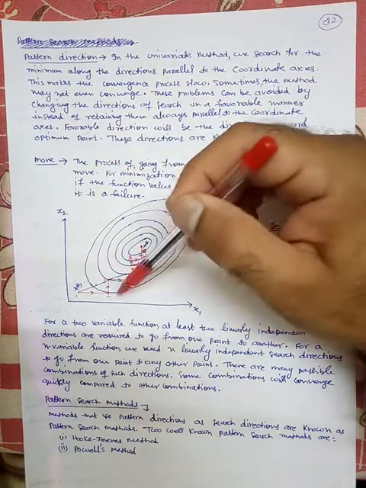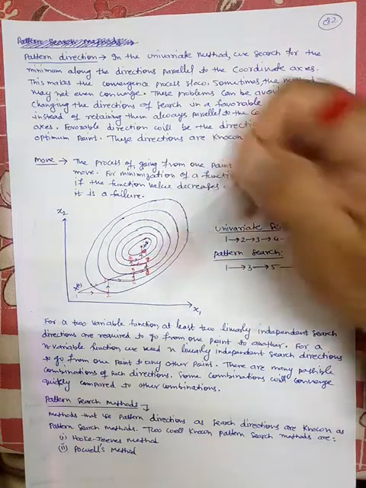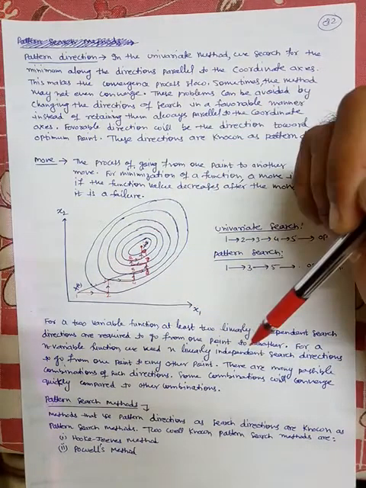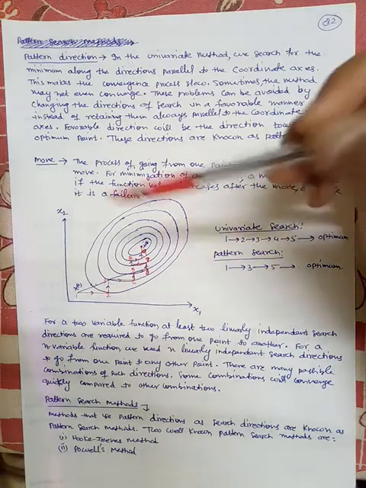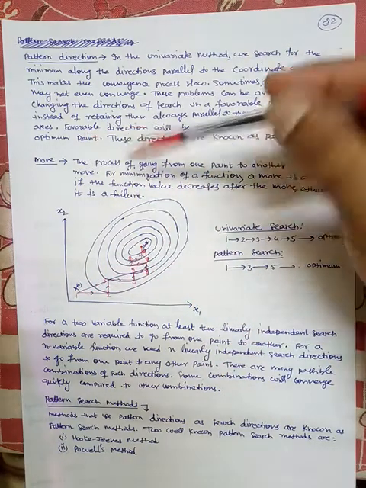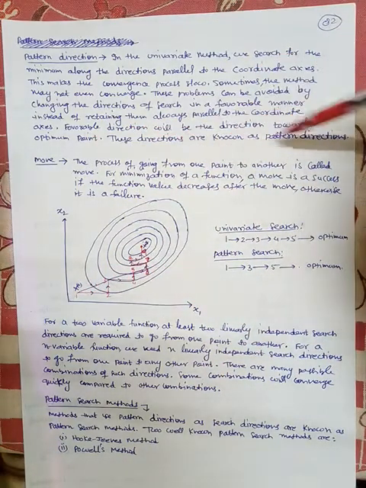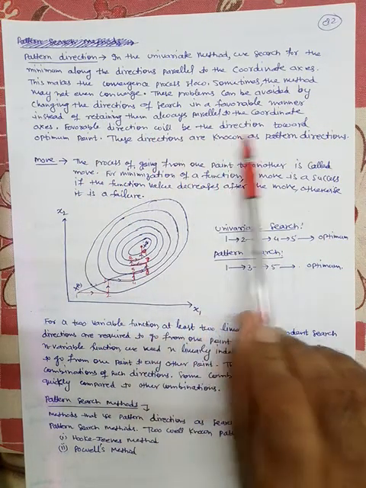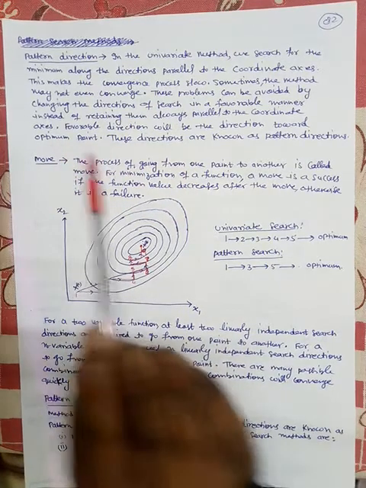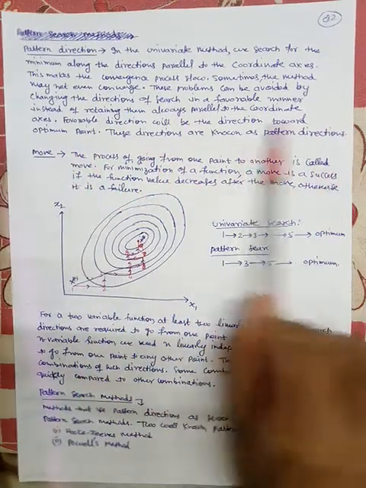हम बार बार क्यों एक्सिस की तरफ ही चल रहे हैं, हम क्यों नहीं फेवरेबल डायरेक्शन में जा रहे हैं, हम डायरेक्टली क्यों नहीं जा पा रहे हैं इसकी तरफ, या डायगोनली क्यों नहीं चल रहे हैं. ओके, दैट इज कॉल्ड द फेवरेबल डायरेक्शन. सो दीज डायरेक्शंस आर नोन एज द पैटर्न डायरेक्शंस. Okay, so the favorable direction will be the direction towards the optimum point, and these directions are known as the pattern directions.